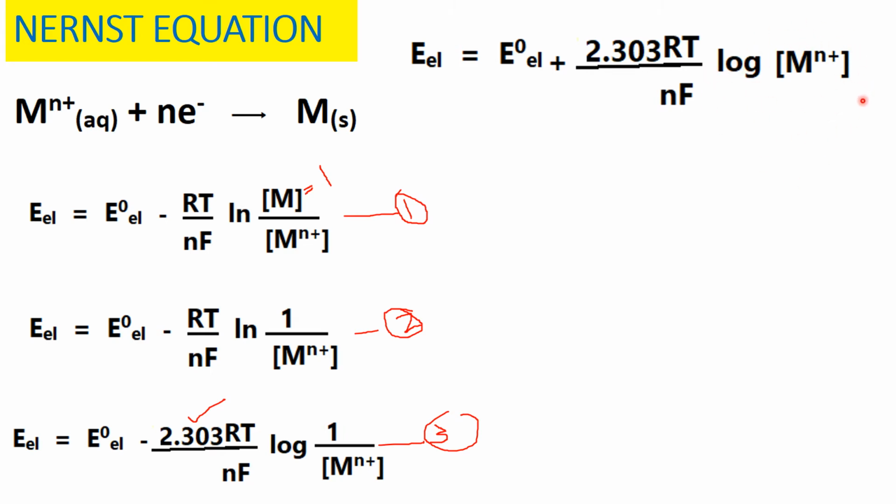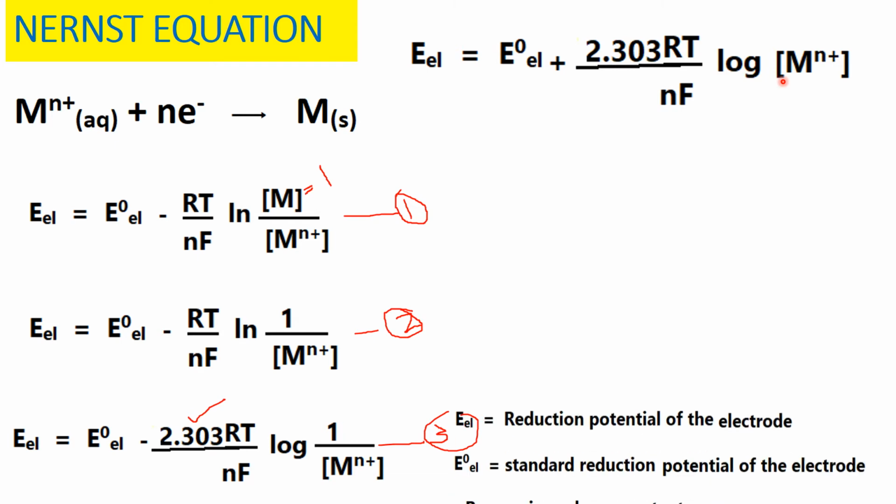Minus of minus is plus here. Therefore, the Nernst equation is given as E electrode is equal to E0 electrode plus 2.303 RT by nF log Mn+,